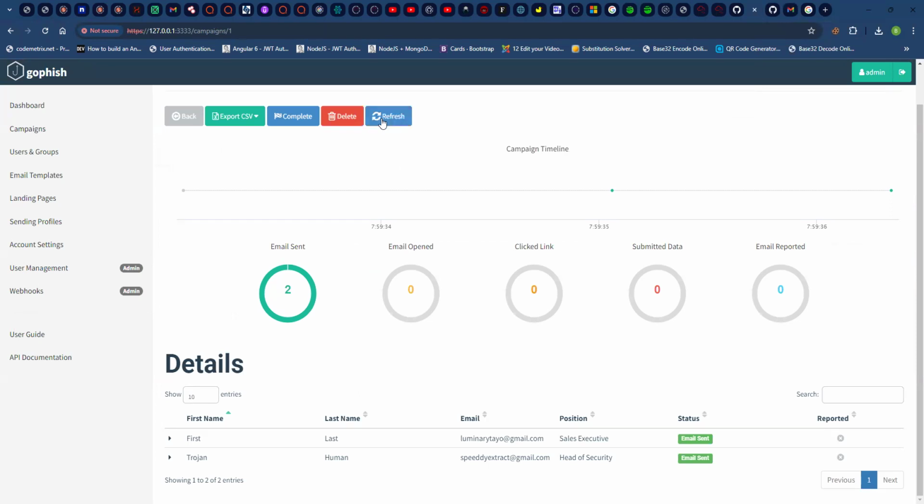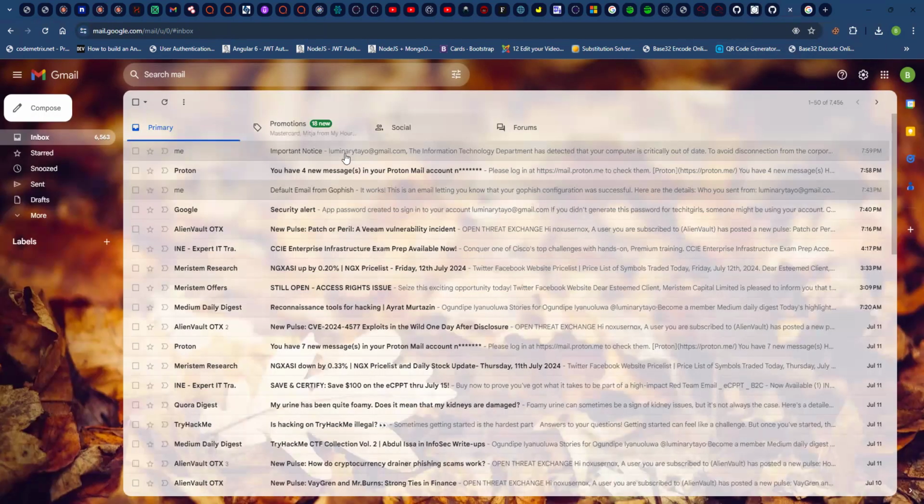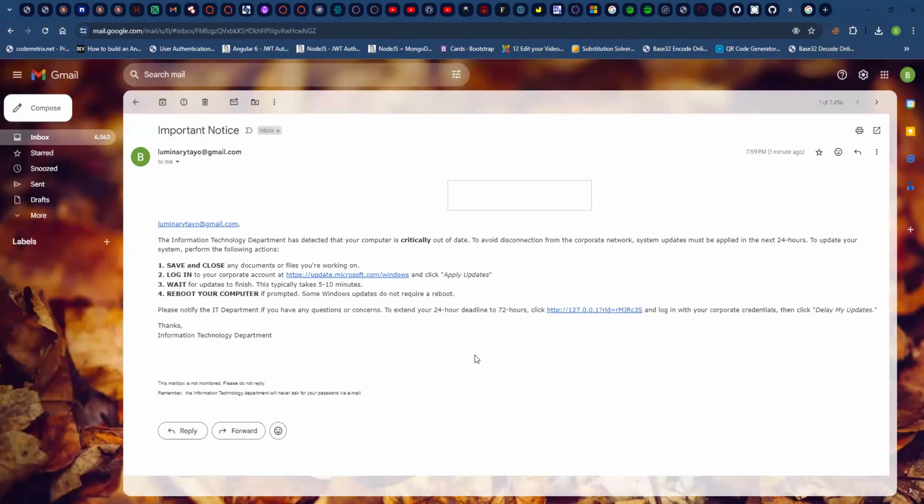So I want to refresh and see if this will update to 1, but it has not updated yet. So let me go back to my mailbox and open this email again. And again, this is the point where whoever you send the email to gets it in their mailbox, and depending on how catchy your whole context is, the person will probably click on the link or not, or probably report it as spam. But for demonstration purposes, I'm going to click on this link and we'll see what it looks